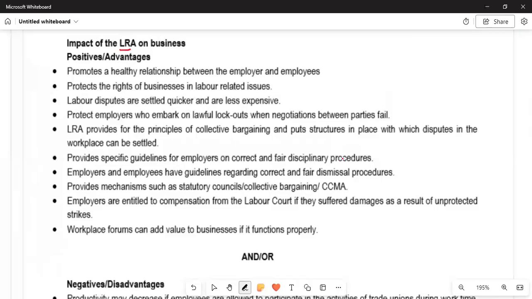In this aspect we are looking at the positive aspect. Remember that previously we engaged with the negative aspect, where the professor was also giving us input, saying that under the delegation of authority we are going to ensure that we are promoting a healthy relationship between the employer and employees. Please bear in mind that there should be a positive correlation between the two aspects, because they are in contact for longer hours.